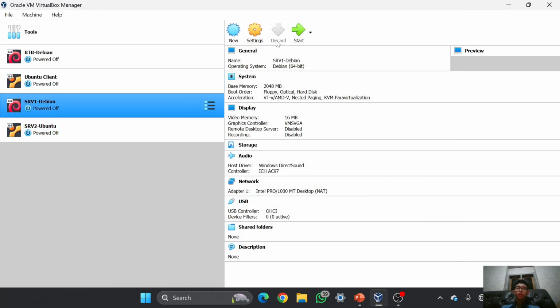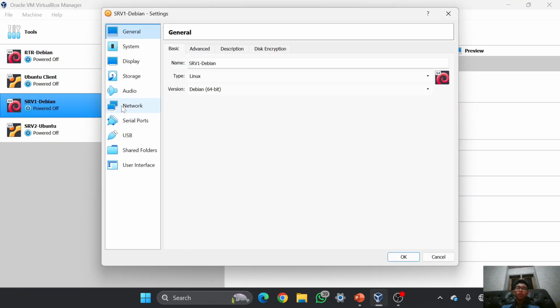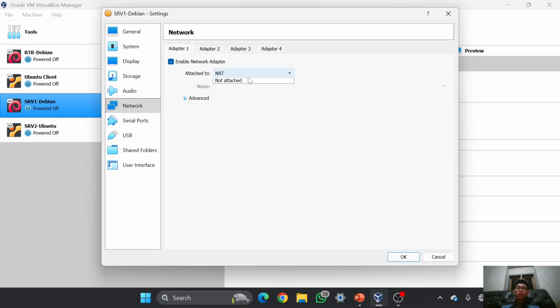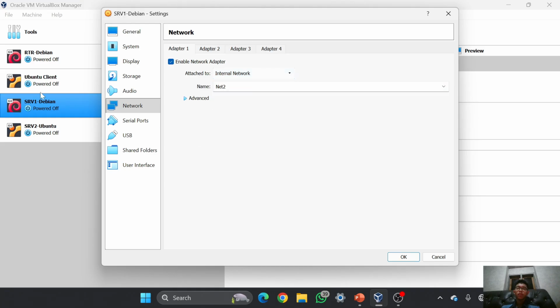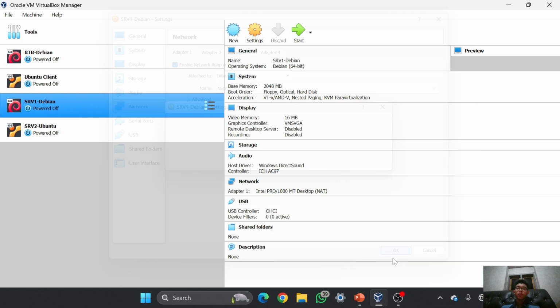And for the server Debian I will open it, and I will set the network to internal network. And for the name I will use net2, because in adapter 3 of the router Debian the internal network name is net2, and then okay.